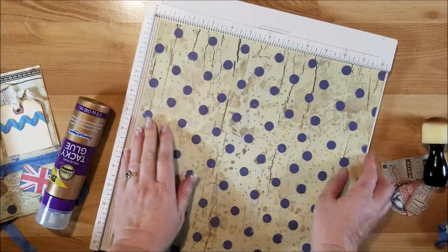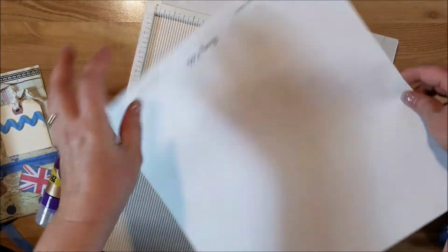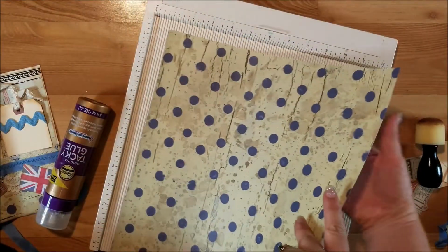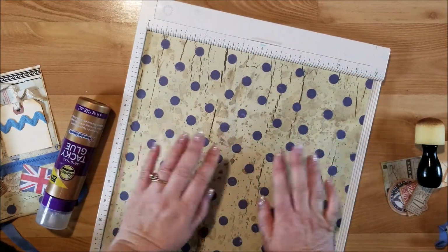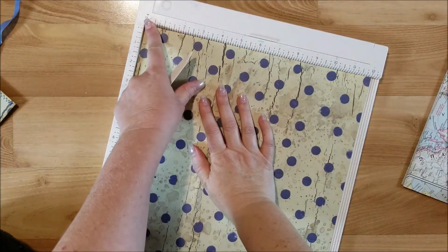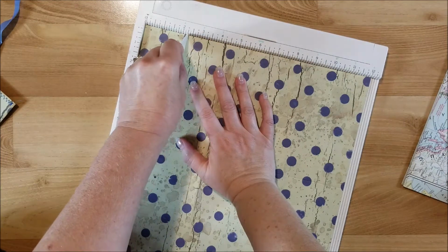We want to take our 12 by 12 piece of paper, and as I said, this is the Rusty Pickle blue crackle dots, and I don't know if they even make this anymore. If I can find it, I'll link it down below. Any of the products I use here, I will put a link if I can find them. So the first thing you want to do is line your paper up at the 0 mark there, and you're going to score it at 2 1/4,